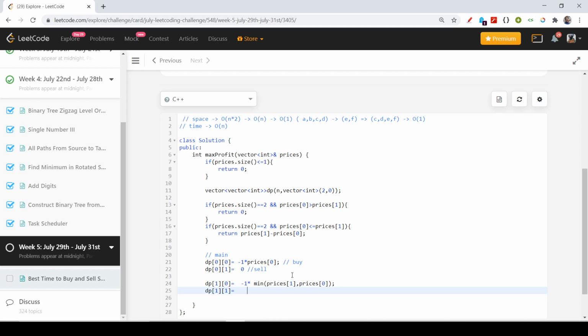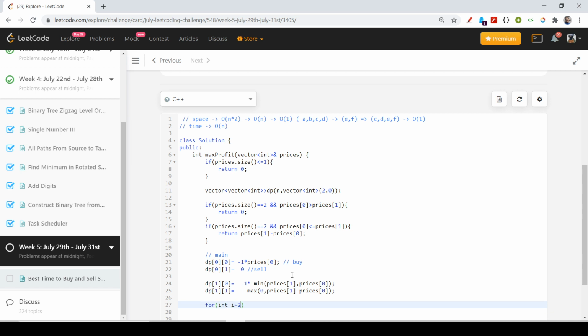So now if I want to sell, either I will not sell, I will leave it, or if I sell it, I will obtain the money prices of 1, but I should have spent prices of 0 amount in the last day. So yeah, these would be the dp states which we need to pre-compute.